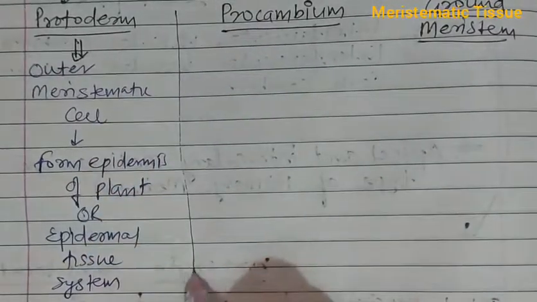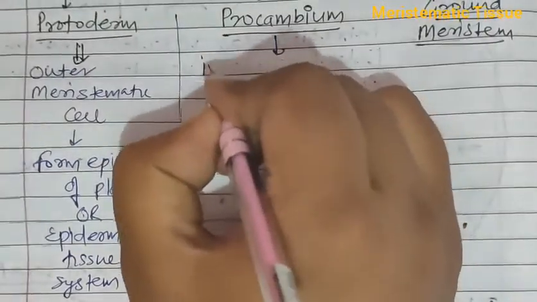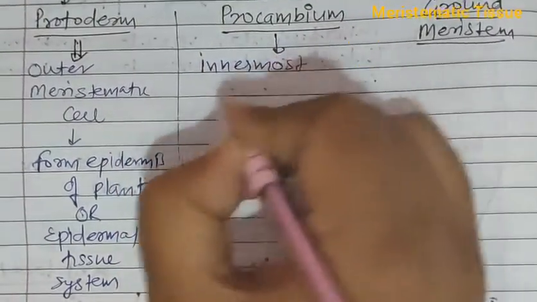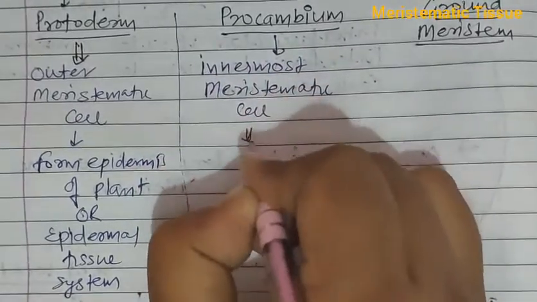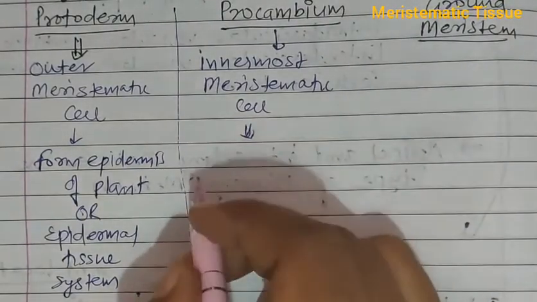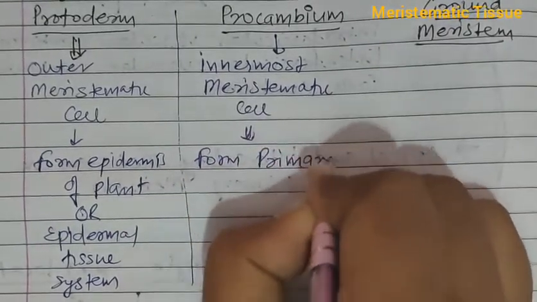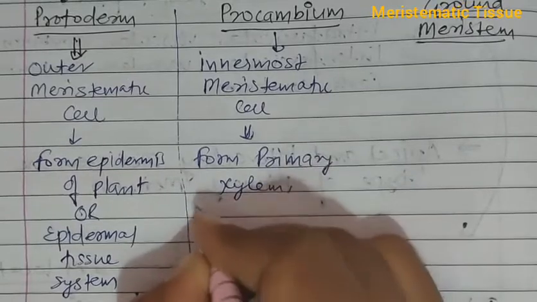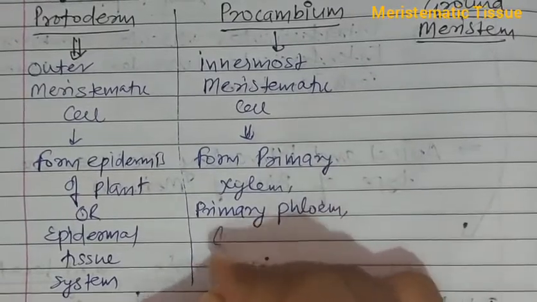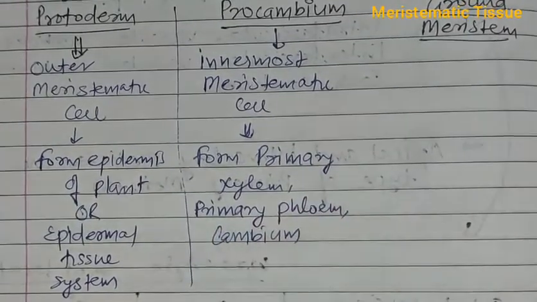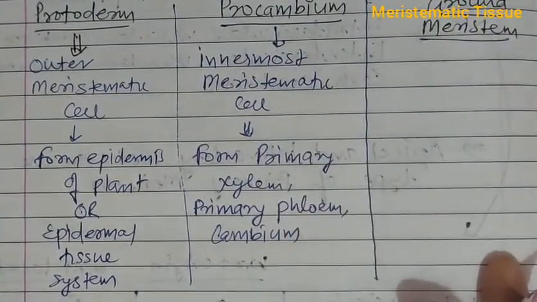Whereas when we talk about the procambium, this procambium is the innermost meristematic cell, and it forms primary xylem, primary phloem, and cambium. Whereas if you talk about the third one, that is the ground meristem, they form ground or